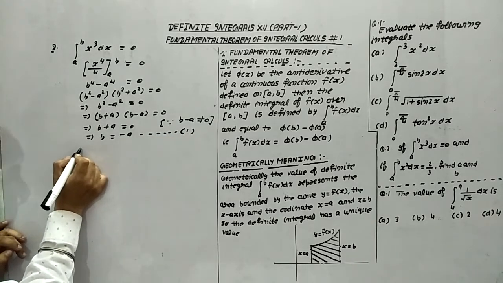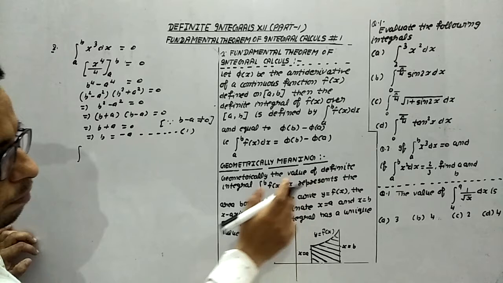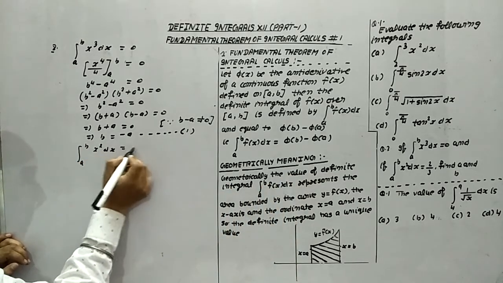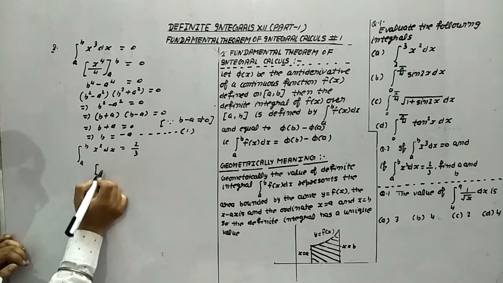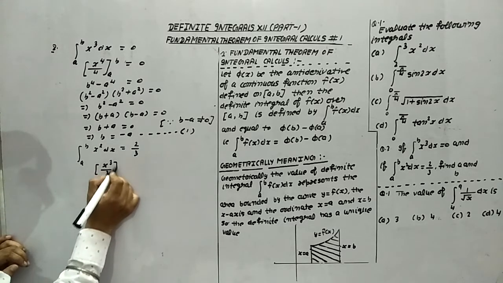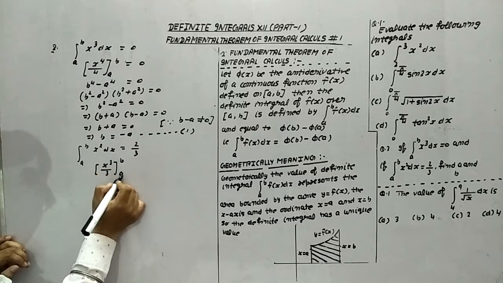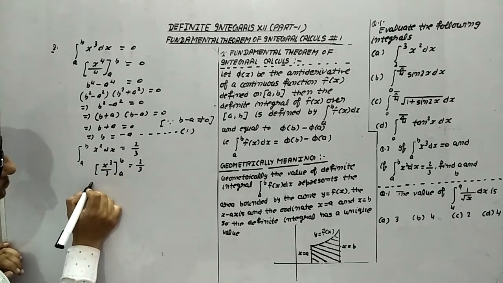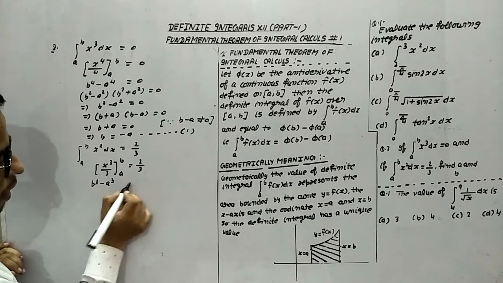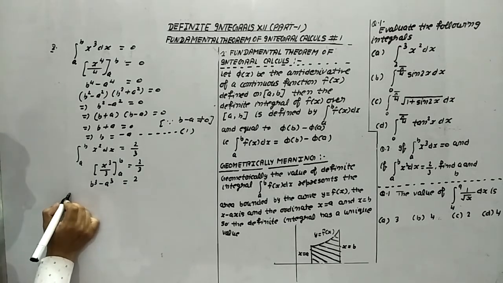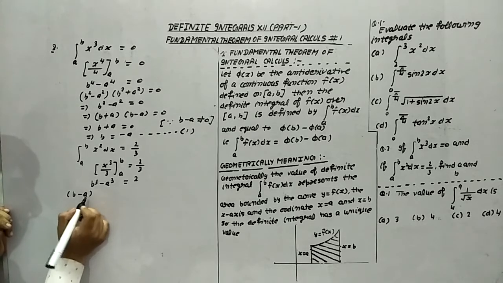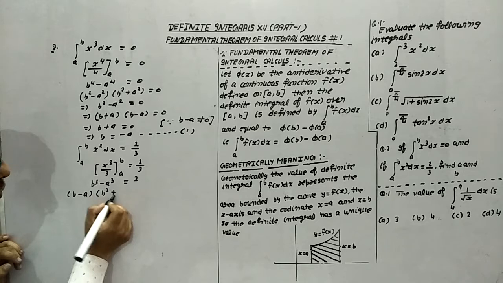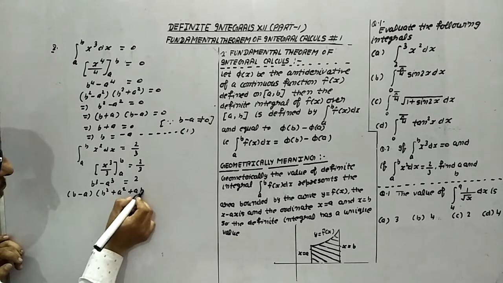Now another part they are giving. The integration from a to b of x² dx is equal to 2/3. Again do the integration. What will be the integration? x³ upon 3, from a to b, is 2/3. 3 is the constant term. Take it outside and cancel out. What does this become? b³ minus a³ is equal to 2 only. b³ minus a³ means (b minus a)(a² plus b² plus ab). It means this is the part.